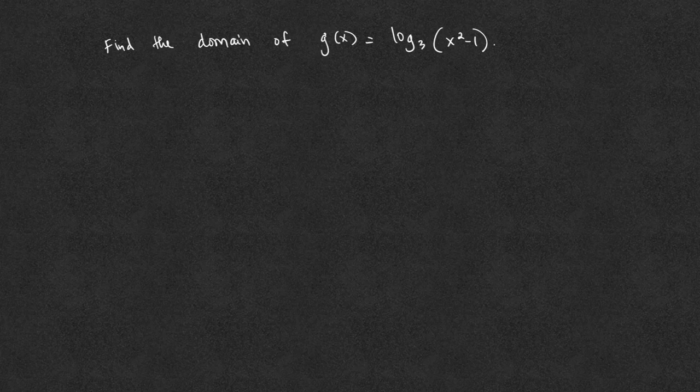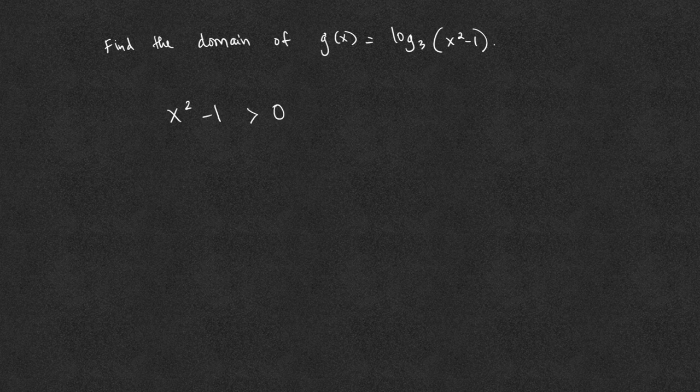Find the domain of the function g of x equals log base 3 of x squared minus 1. Regardless of what base the log is, the argument of log, what goes inside of log, needs to be positive. And so in this case, the restriction is that the argument of log, x squared minus 1, has to be